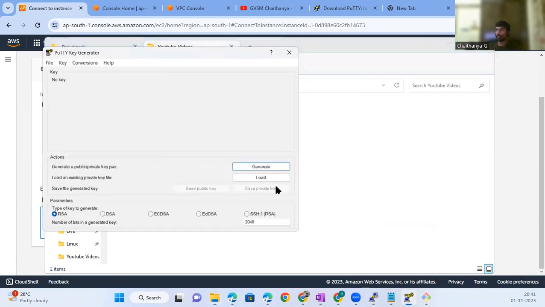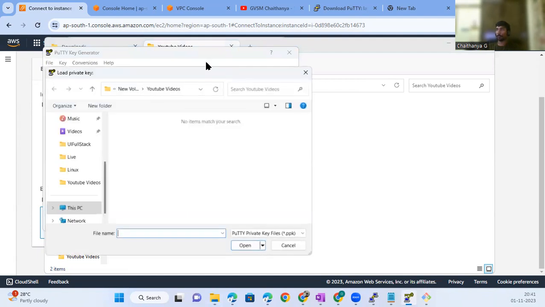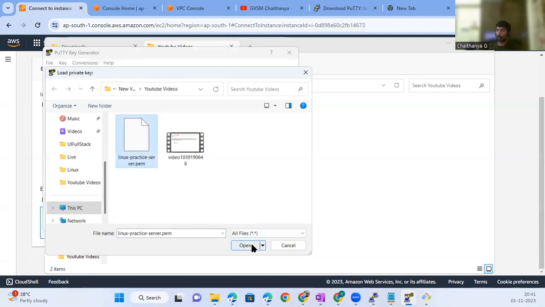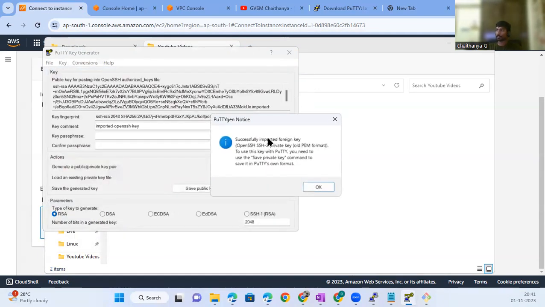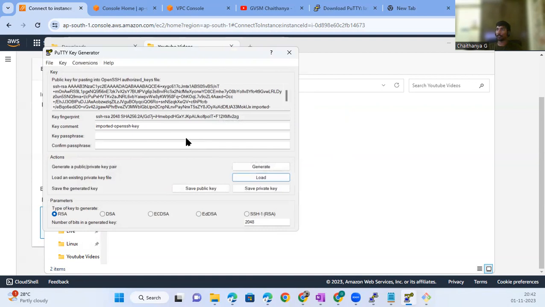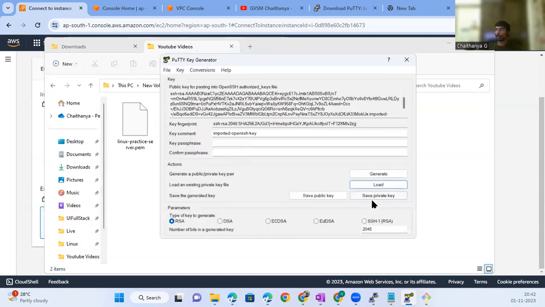Let me use PuTTYgen for generating this PPK file. Let me click on all files. As you can observe, it's loading the file. Successfully imported this PEM file key. Okay, we need to save this PPK file. We have imported the key, and if I click on save private key,